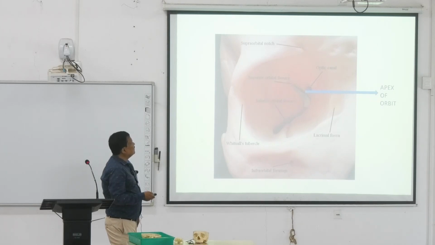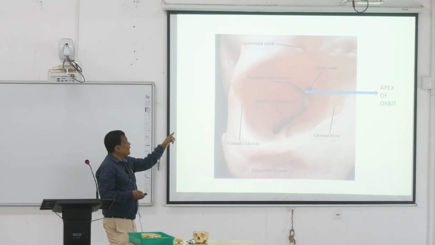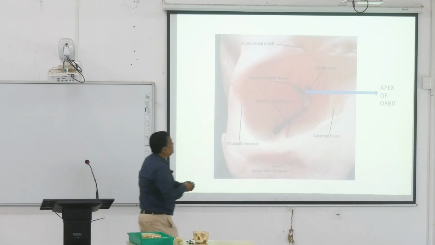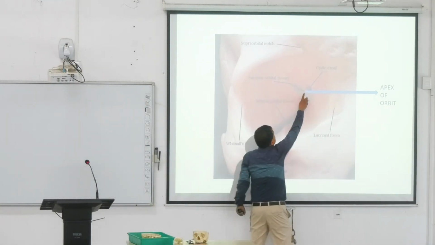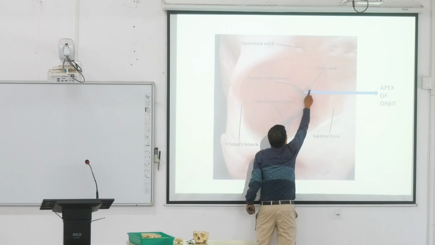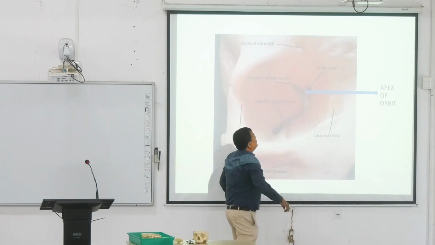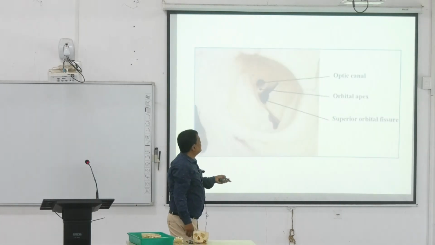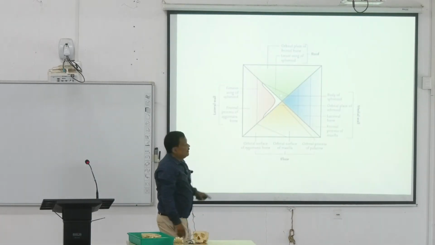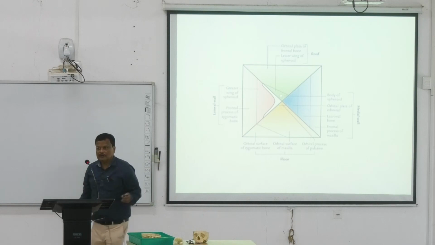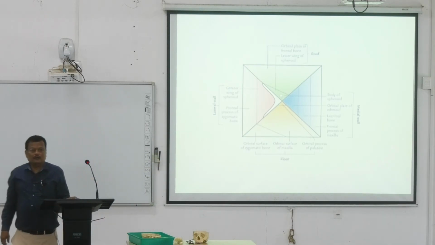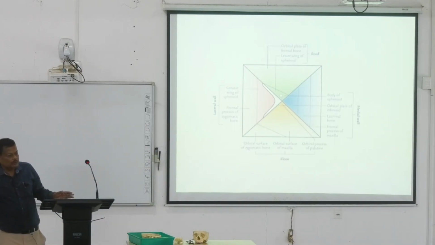অপটিক ক্যানেলটা দেখে নাও। আর এপেক্স, ফর প্র্যাকটিক্যাল পারপাস, এপেক্স অফ দ্য অরবিট কিন্তু আমরা এটাকে বলছি, এই জায়গাটাকে, between the optic canal and the superior orbital fissure. This is the optic apex of the orbit. এই এটা বিশ্রাম সিং এর অসাধারণ পিকচার। এটা যদি একবার রিক্যাপিচুলেট করে নাও, খুব সহজ আঁকা।